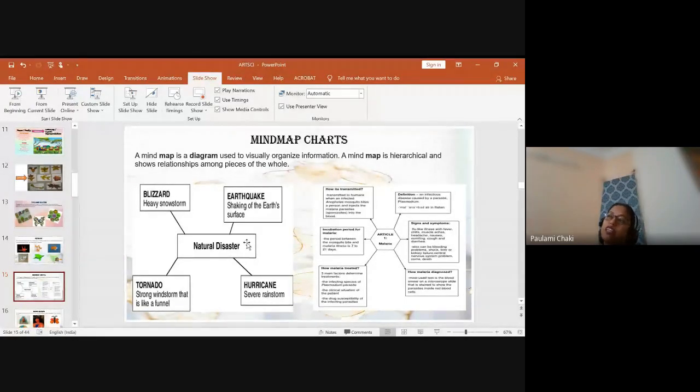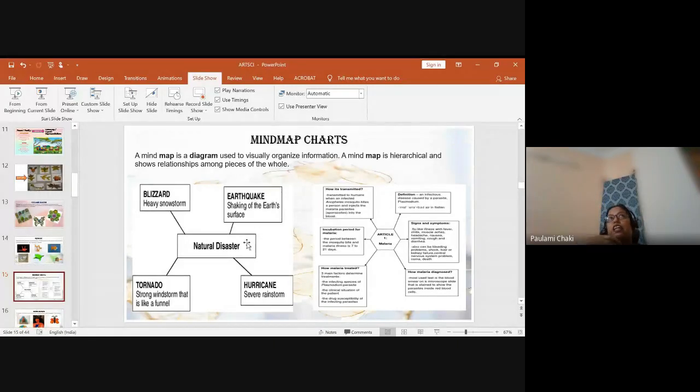So we can lead our children towards that extra knowledge beyond the books, because science is not only textbooks, science is always beyond the books. So we can just motivate them subtly through this type of art integrated activities. Then in grade 8 we have force and pressure. Different effects of force can be nicely made into a mind map. Then types of force can be done.